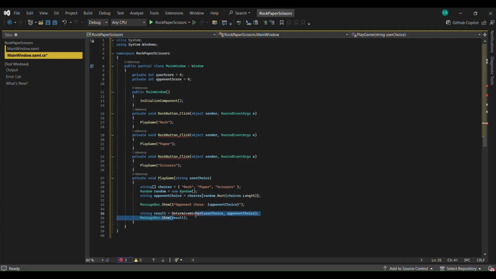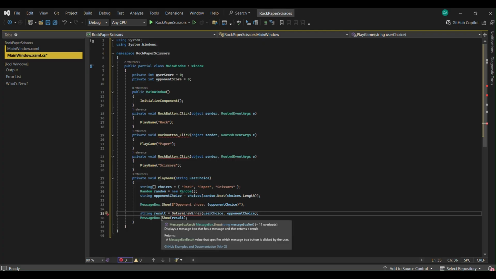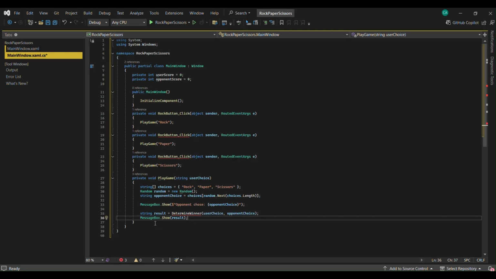Here we call determine winner method, which will check who won the round, and we pass in both the user's choice and the opponent choice to this method. Then we show a message box with the result, which will be either you win, you lose, or it's a draw. So we have to put a statement here